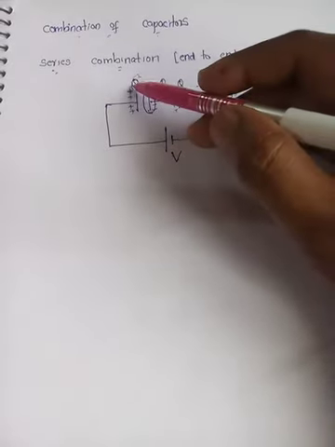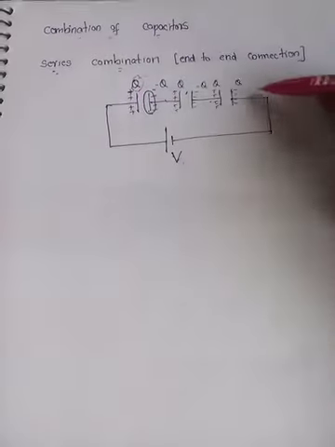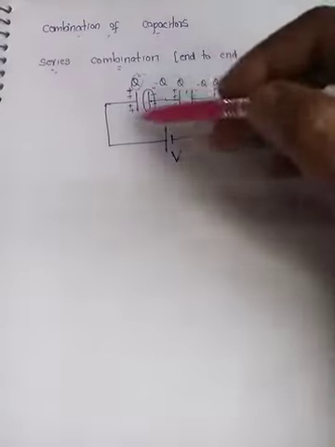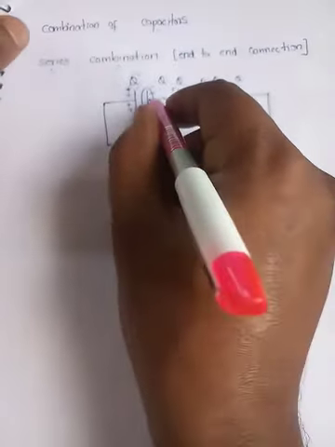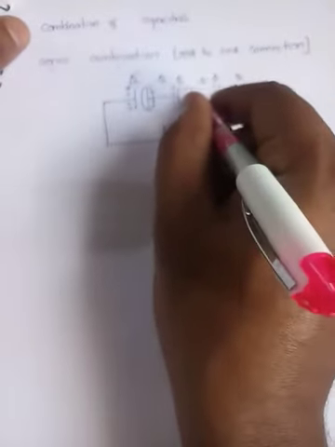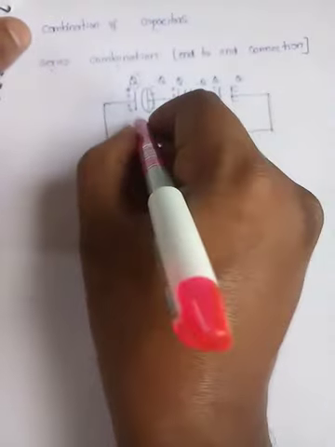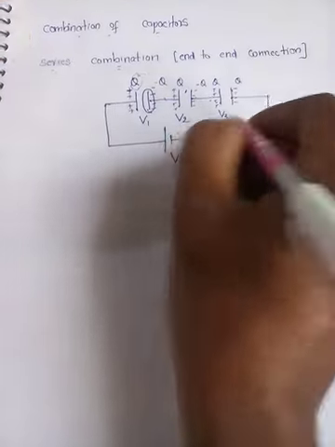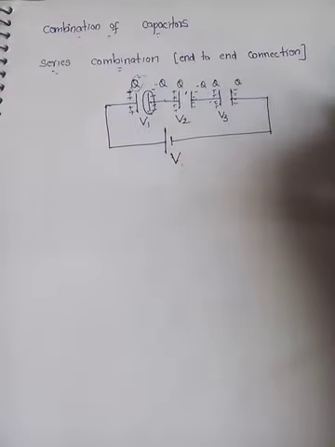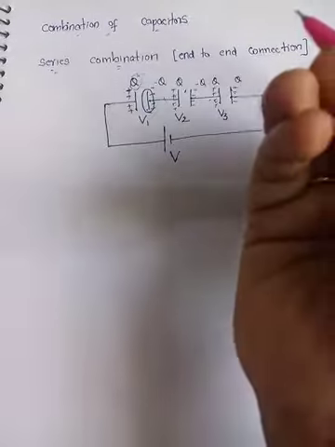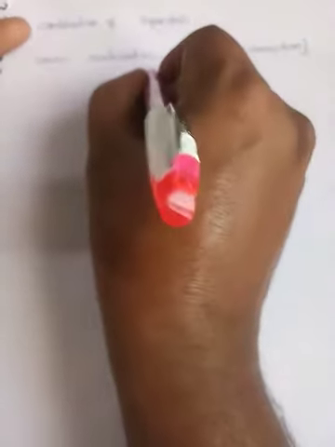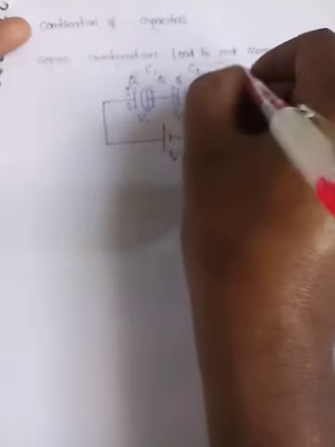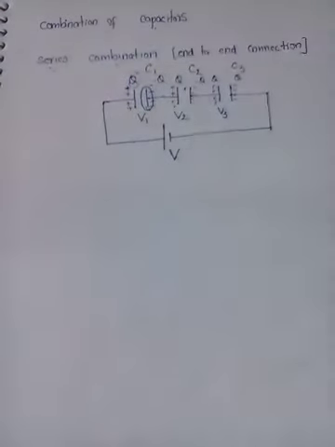Because the charge on each plate of the capacitor is the same in magnitude. The amount of work done to bring a charge from here to here, here to here, changes or not? So potential varies. What remains constant? Charge. And we have three capacitors. If it is one capacitor, we say C. If we have three capacitors, we should name them C1, C2 and C3.